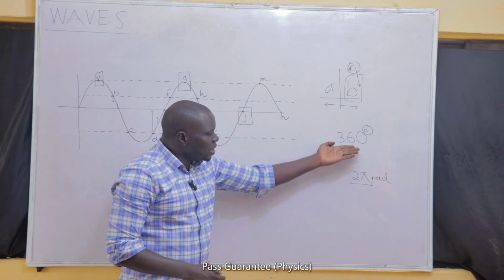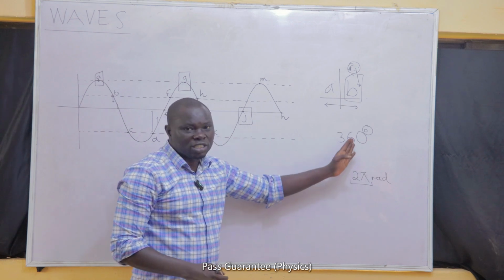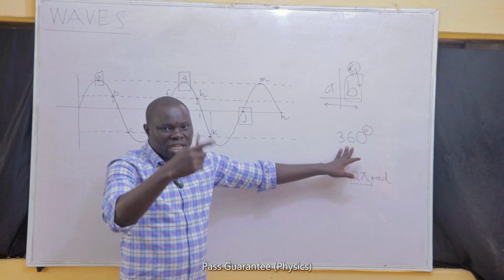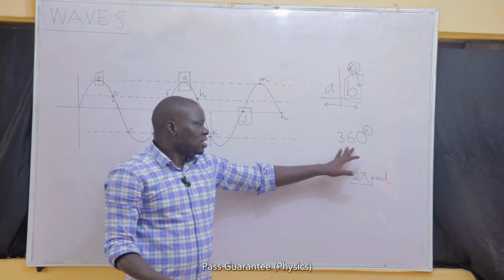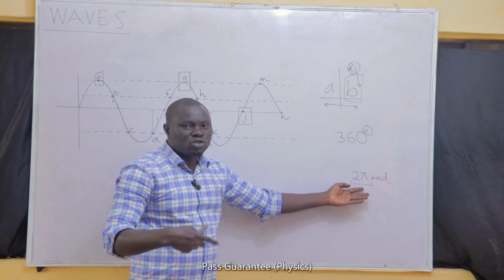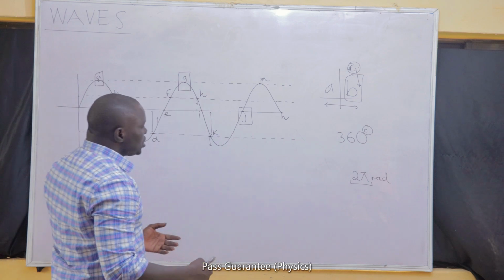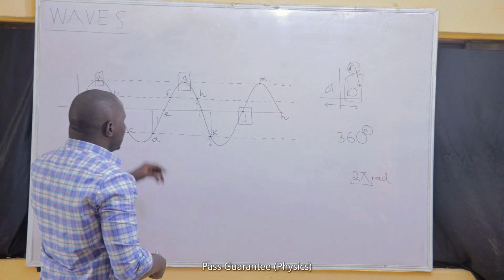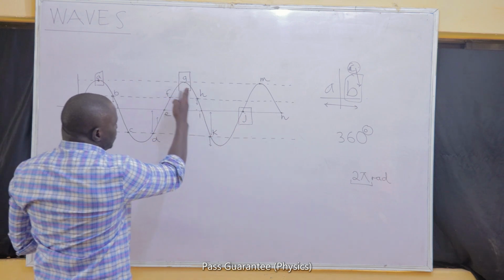So anytime you are finding phase difference, you are not expected to find any angle that is beyond this value. If it is beyond 360, you can subtract 360 from it until you get a value that is less than 360. If it is more than 2 pi, you are required to subtract 2 pi from it until you get a value that is less than 2 pi. So one thing that will ensure that you don't get a value that is more than what you should get is to pick a point that is closest to your J and try to find the phase difference to that point.